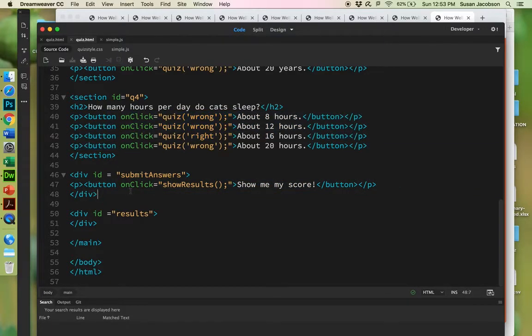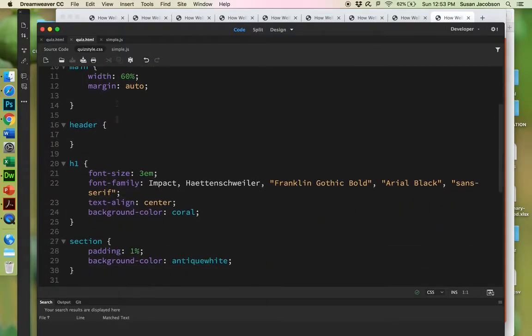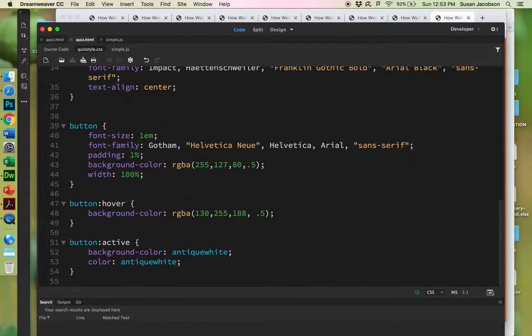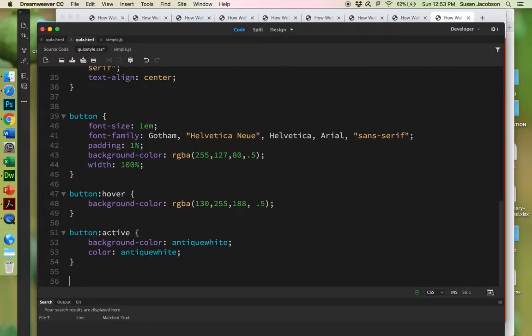So what we're going to do in the CSS, we're going to say this rule applies to any button within Submit Answers. So these buttons, they're not inside of Submit Answers. This is the only one that is. So let me show you how I'm going to do that. So we can see the button styling here. This is what's currently ruling over our existing Submit Answers button. So if I want to differentiate a button that's within the ID called Submit Answers,